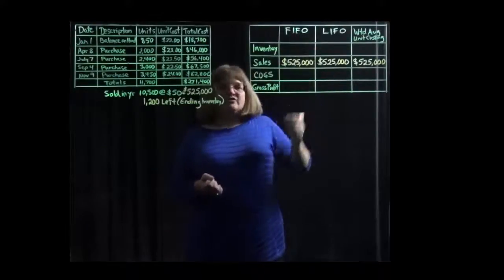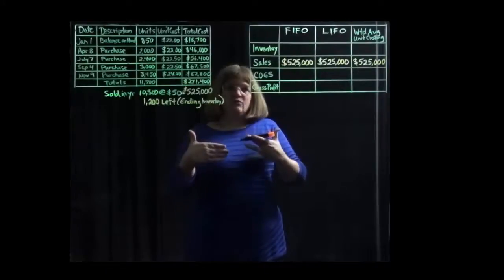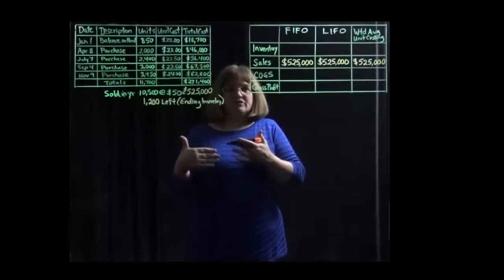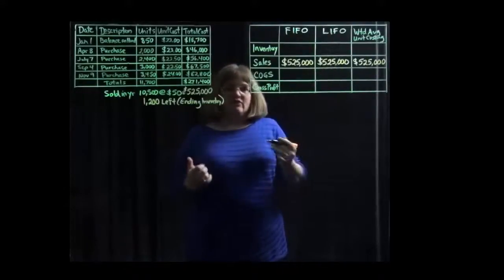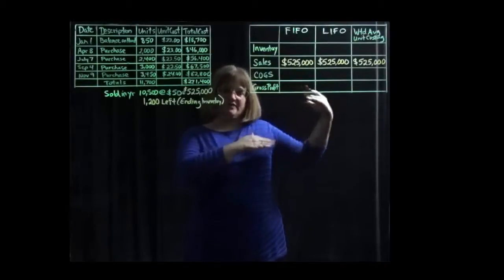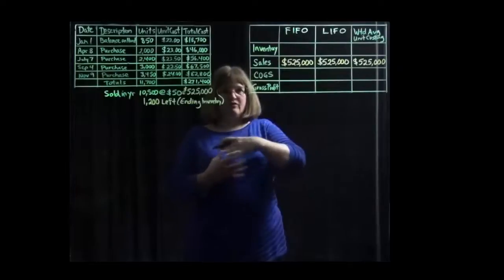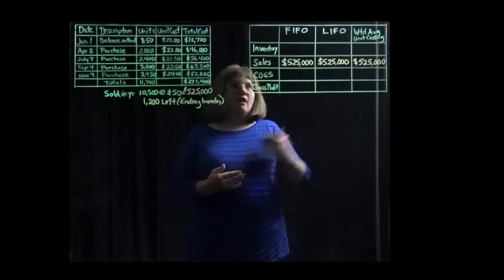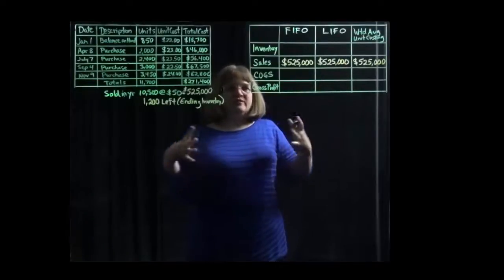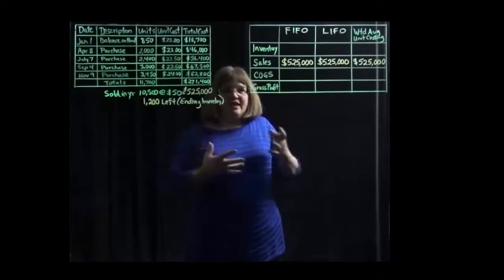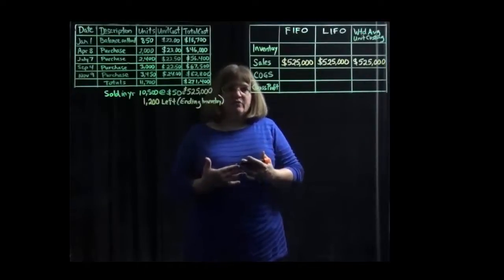Under FIFO, we assume that the first ones that we got in were the first ones that we sold. And that means that the more recent ones that we purchased are the ones that we would have left at the end. Under last in, first out, we assume the opposite. Imagine we have a coal pile and we're selling off the top of the pile. So the most recent ones that get added on are the first ones that come off and get sold. Under a weighted average unit costing, we say, we don't know, they all got mixed together. We don't know for sure, so we're just going to say they evenly came from the different purchases that were